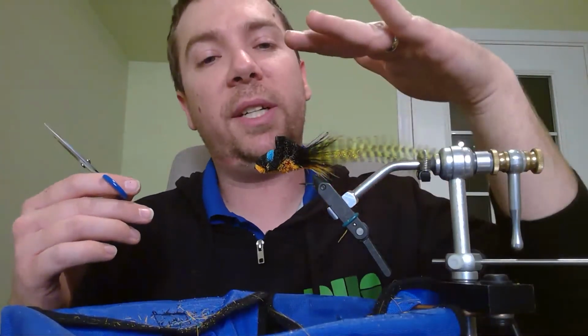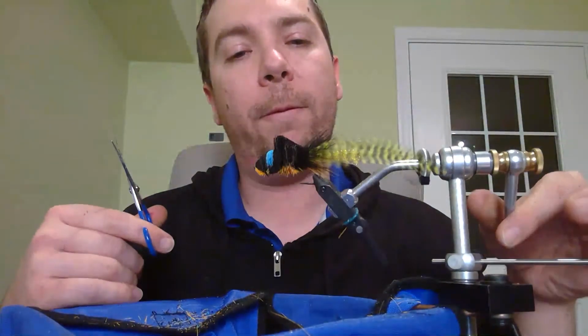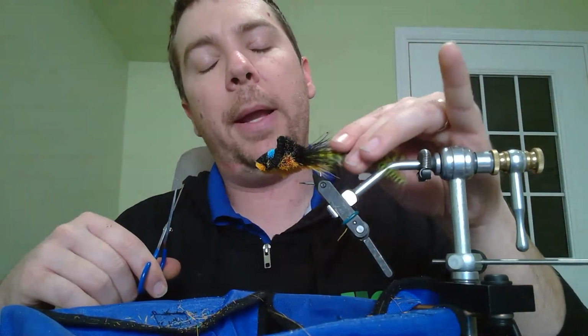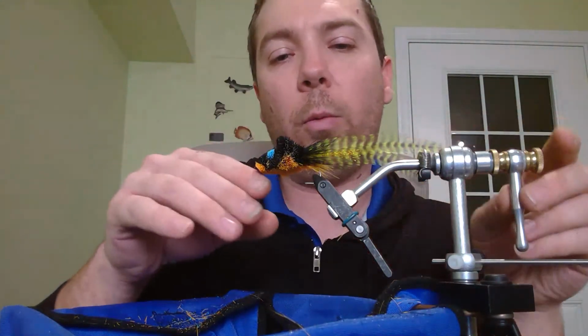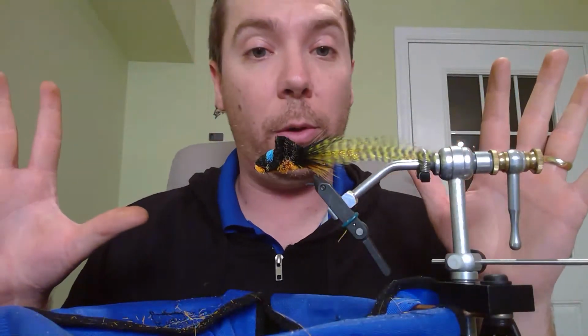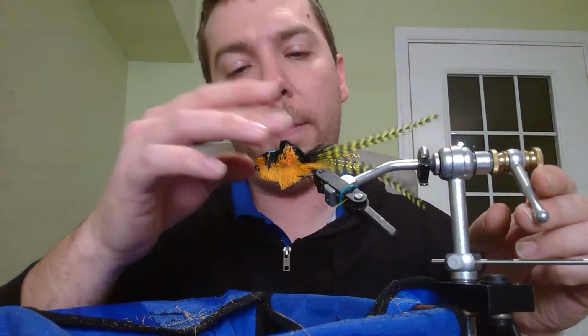You know, that I will use as a topwater bug, and I'll put rubber legs through it to make that look. Versus this, which has my agitation and gives me that louder presence in the water. So the last thing that we want to do, so this fly is done. This is fishable. The last thing that we really do want to do is to